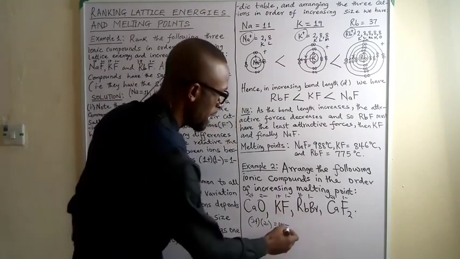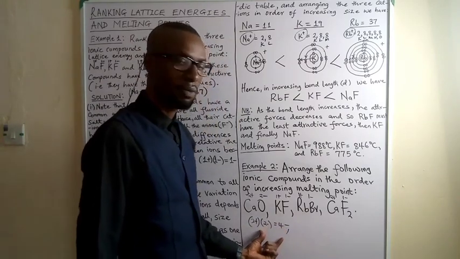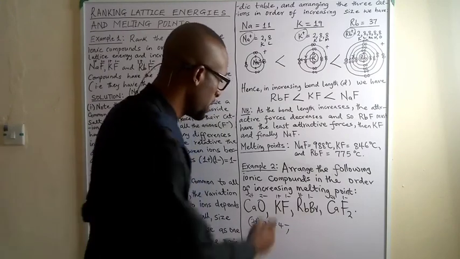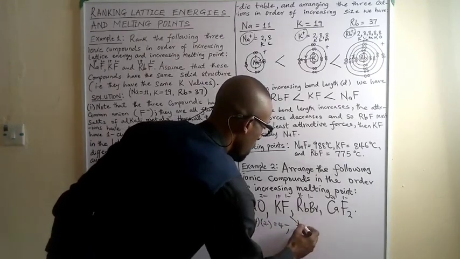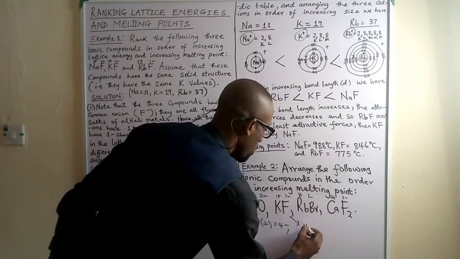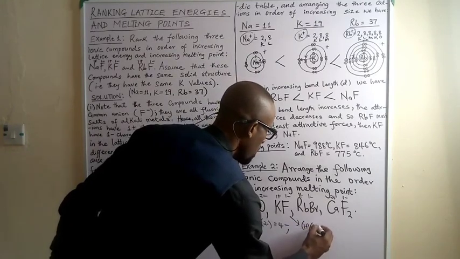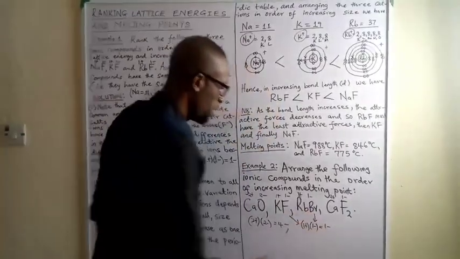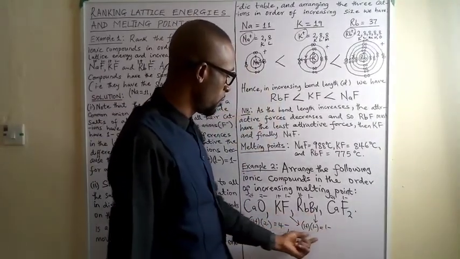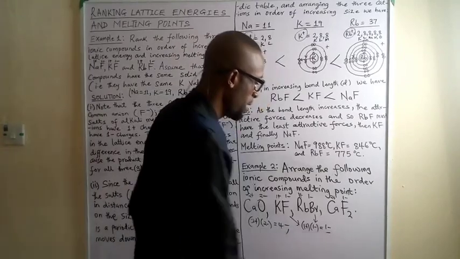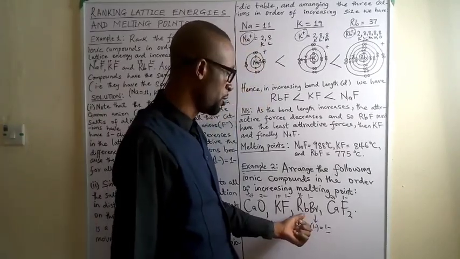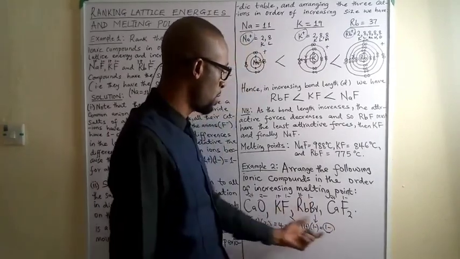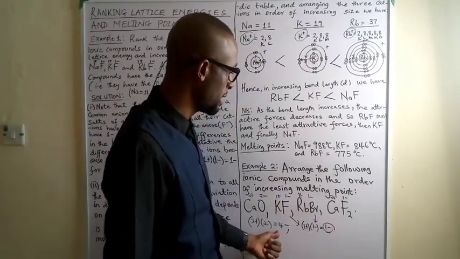So this one has the highest product of charges, or highest ionic strength, okay? Then here, you have 1 plus into 1 minus, which is 1 minus. The same is what you have, okay? So in potassium fluoride, we have a total of what? 1 minus, and for rubidium bromide again, 1 plus into 1 minus is the same 1 minus. So these two have 1 minus.